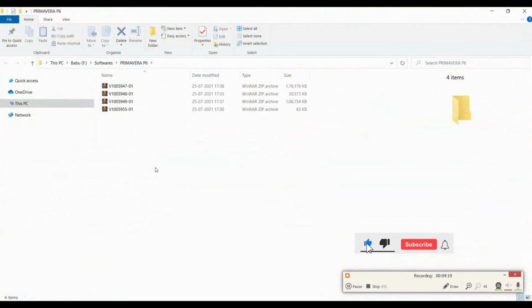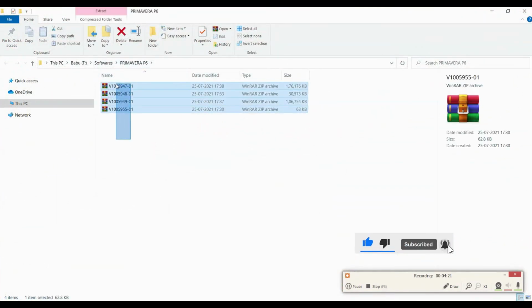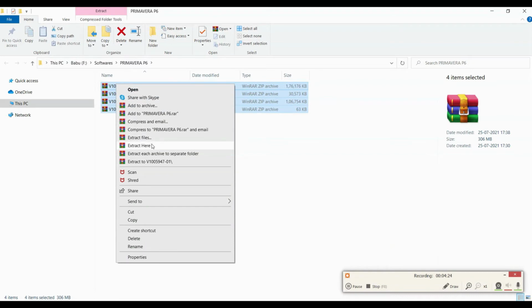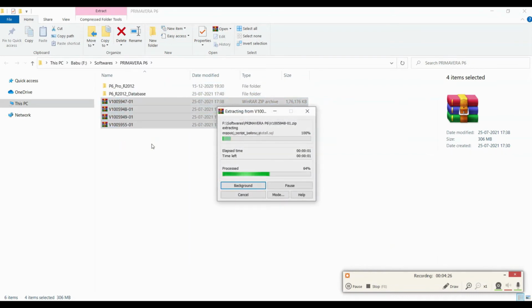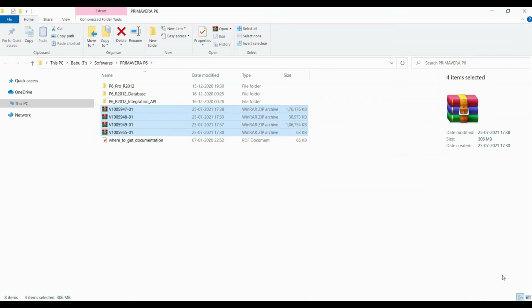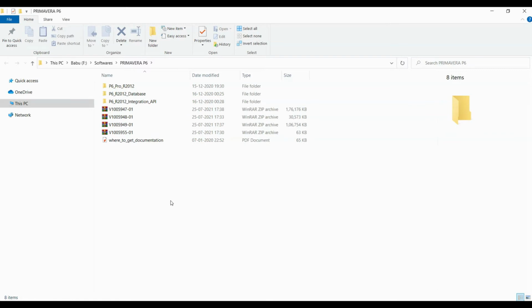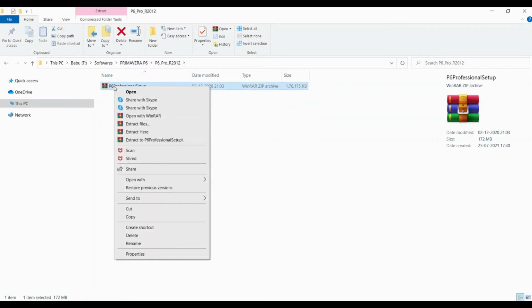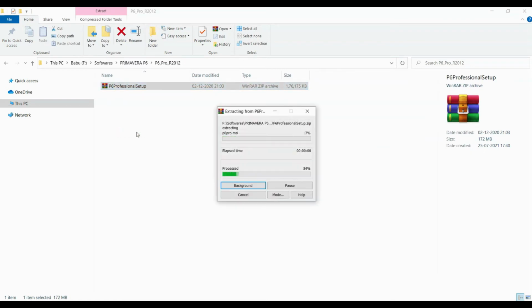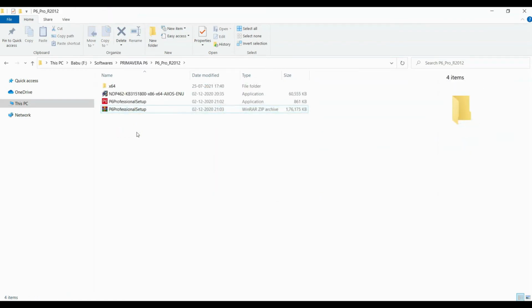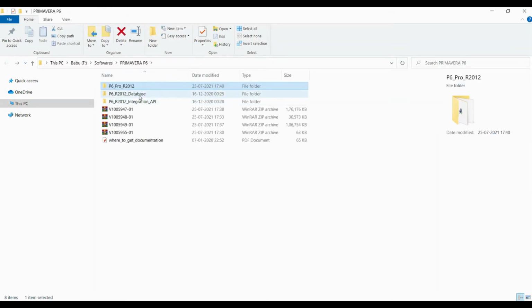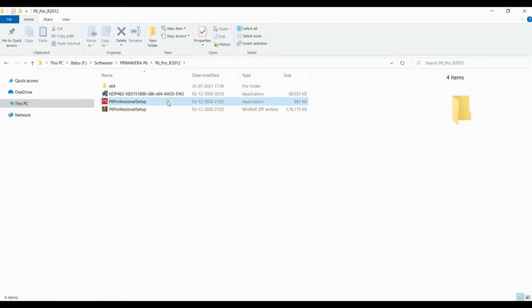What we are going to do is go to the file location, select all the files, and do extraction here itself. The topmost one is the installation folder containing the main installation file. Of the remaining two, one is the database and the other one is for configuration. So you have to extract the main file. These are all the database folders. There is no need to install or do something with that. Just go for the main installation file.